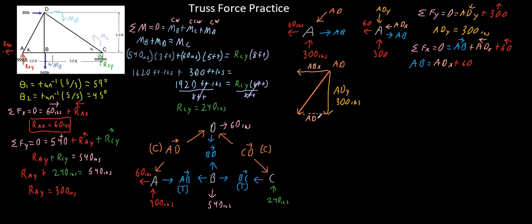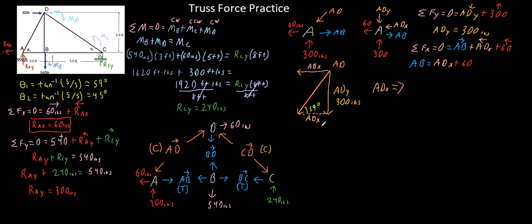And if you look, well, we already know the angle of this triangle we just created. We solved for it at the very beginning of this problem. It was 59 degrees. That hasn't stopped being 59 degrees just because now we're using forces, and before we were using distances. This directional force is going at 59 degrees. And so to solve for ADX,